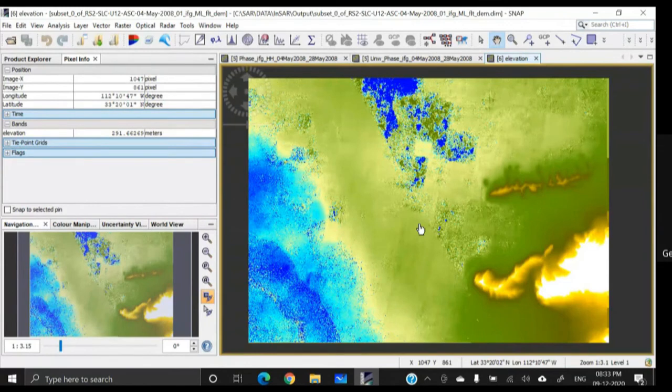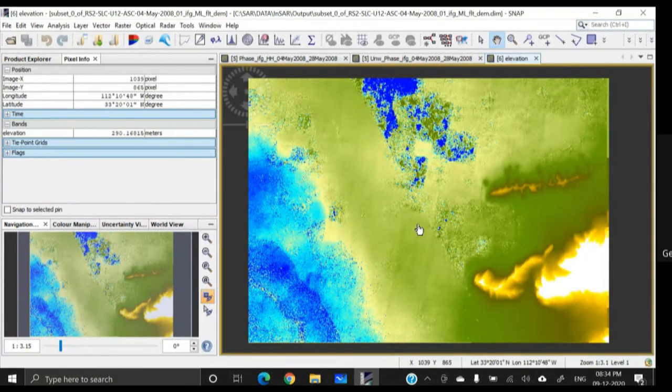So the DEM creation is complete, but after creating the DEM we need to apply the terrain correction. This is mandatory because ultimately this DEM will be exported to some other software for several processings.